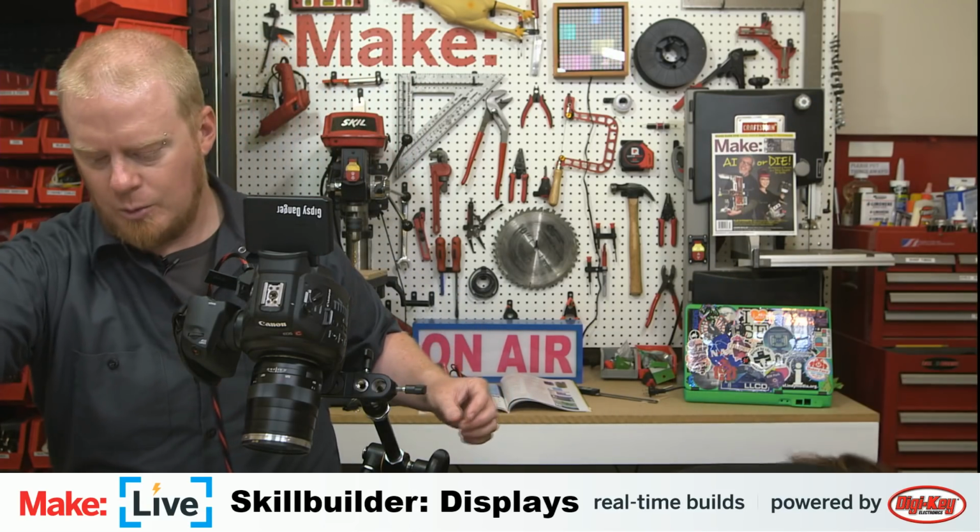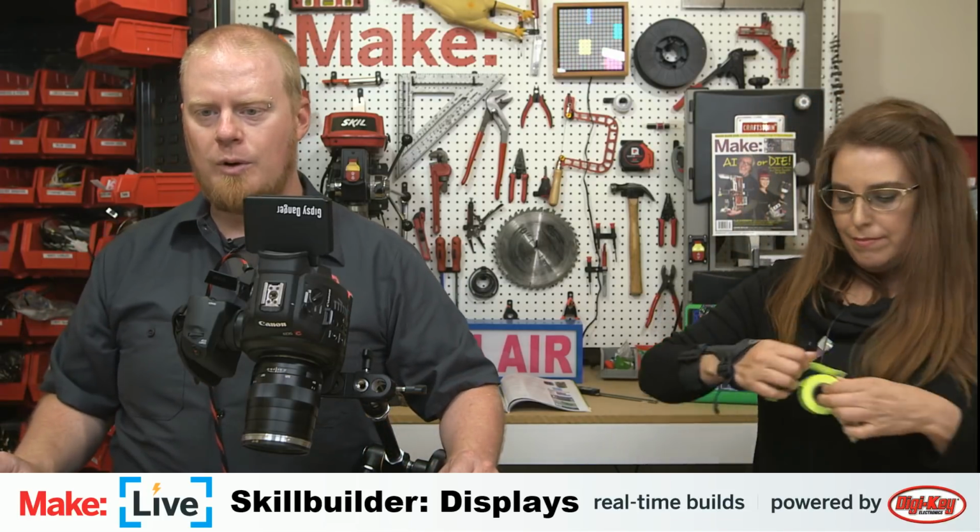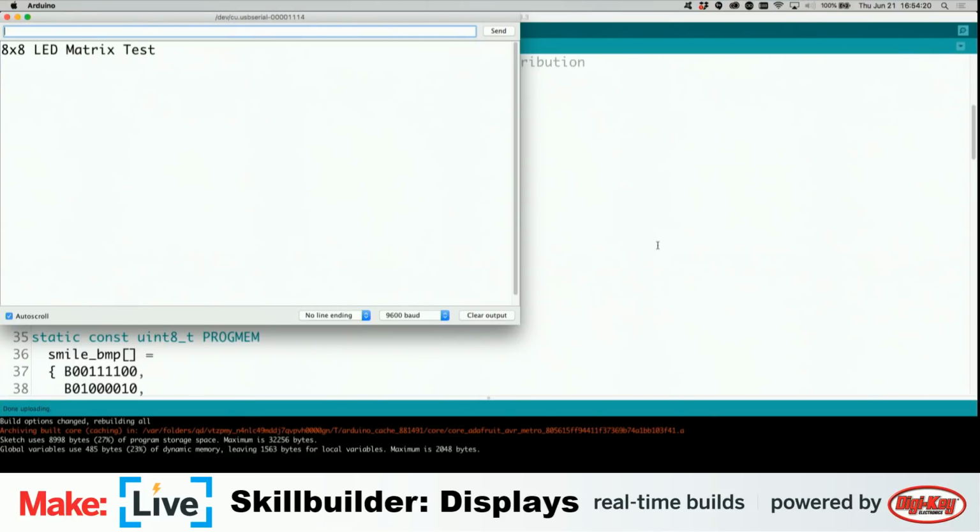Well, hopefully we'll be able to visit that more in the future. That's really disappointing. I was hoping to see that working. I mean, the only other thing I can think of is to quickly Google what we're trying to do here. Although one thing we can at least do is see what the serial monitor has to say for itself. It says LED matrix test, and